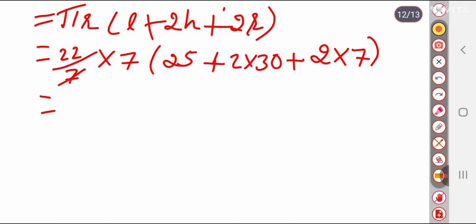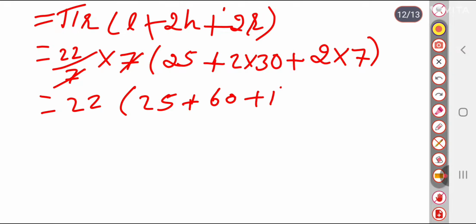The 7 cancels with 22. If we multiply 30 and 2, that is 60, plus 14. If we solve this, that is 2178